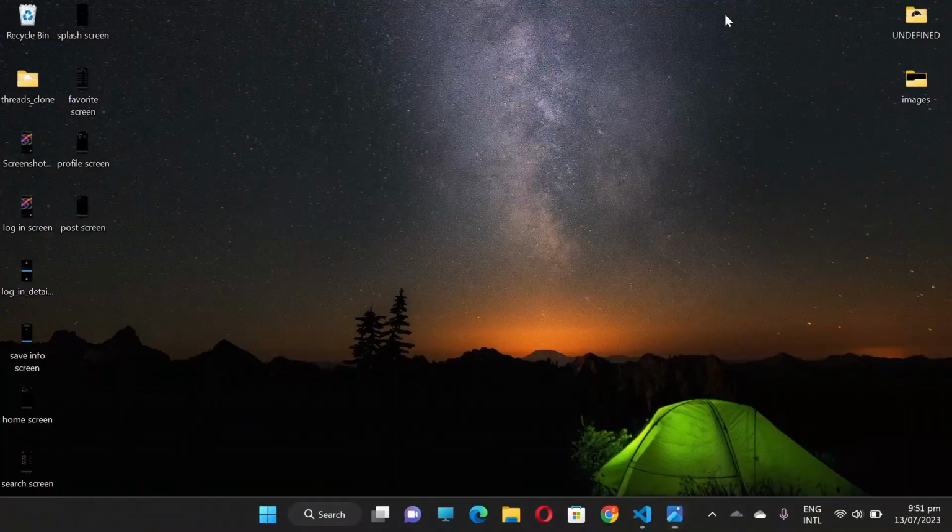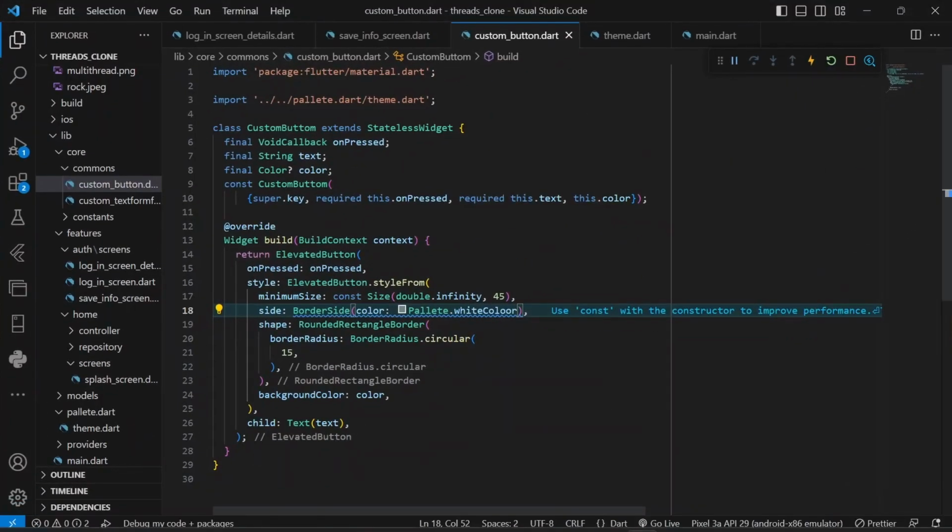In the last video, we saw how to create the save info screen. Today, we'll be looking at how to create the home screen. There you go, the home screen. Okay, so let's get right into it. Now, before you create the home screen,